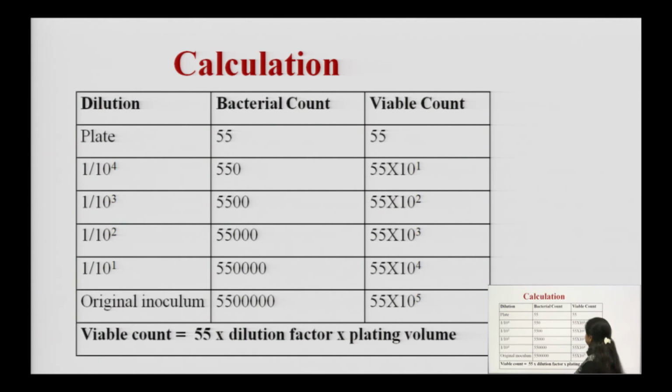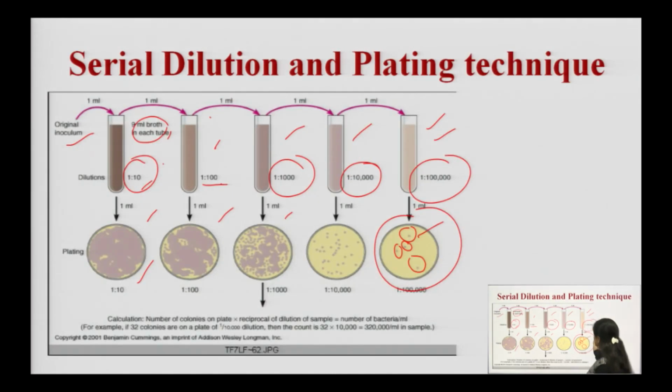So after counting the colonies, what will we get? This is the data you can get after counting the colonies. As you can see in this slide, this is the serial dilution plating technique, and in the last plate we just have 4 bacteria. Similarly, there may be Petri plates in which we have counted 55 bacteria, but those colonies must be countable. If we are not able to count those colonies, we will not consider that Petri plate for further quantitative estimation.